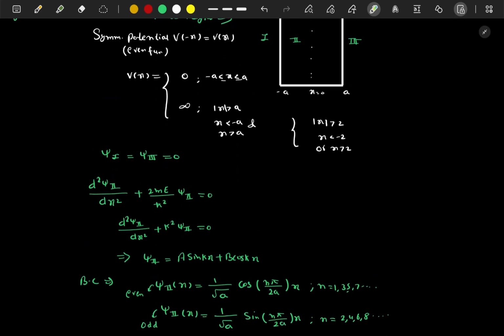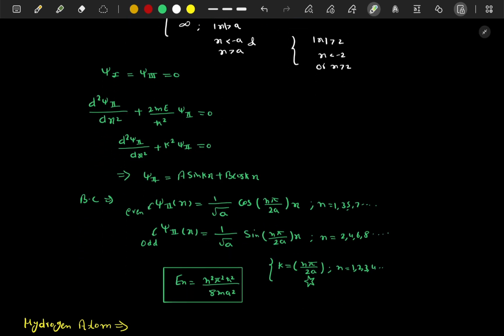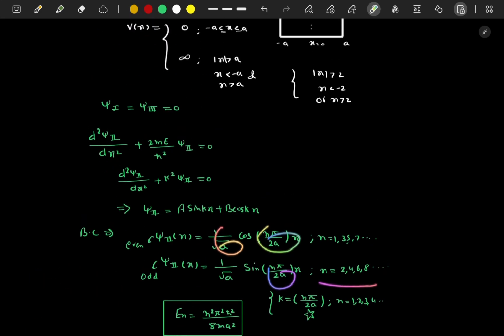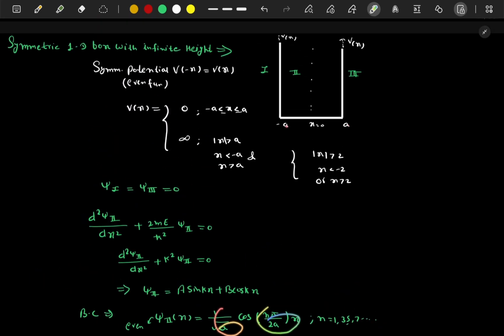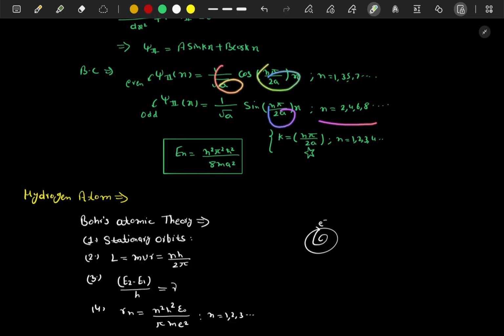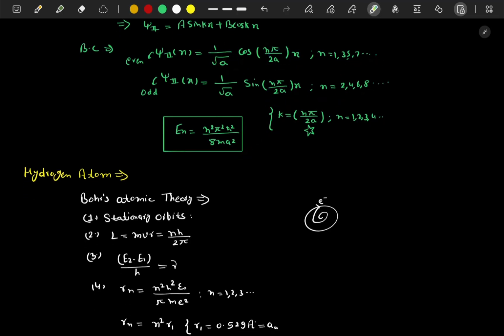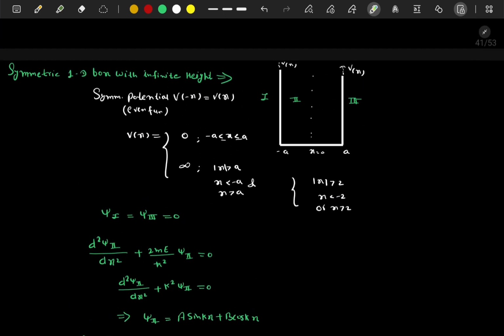So अब तो पता नहीं कितनी बार कर लिया है, कर दो वेव फंक्शन लगा दो, फर्स्ट और थर्ड में 0 हो रहा है, सेकंड में लगा दो, and will lead to 2a. क्यों आ रहा है? क्योंकि माइनस a से प्लस a में है, 0 से a नहीं है ना, ध्यान रखना। इवन ऑड दोनों आएगा, and will lead to value n square pi square h square upon 2m a square. किस में आ रहा है ये? इनफाइनाइट एनर्जी वाले में, सिमेट्रिक है और इनफाइनाइट एनर्जी वाला है।